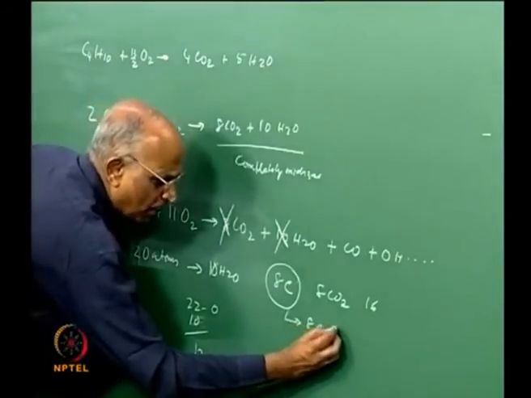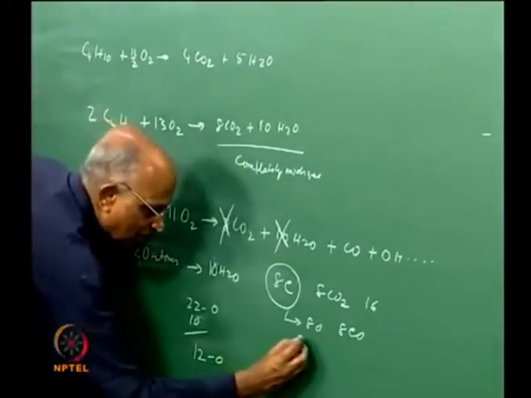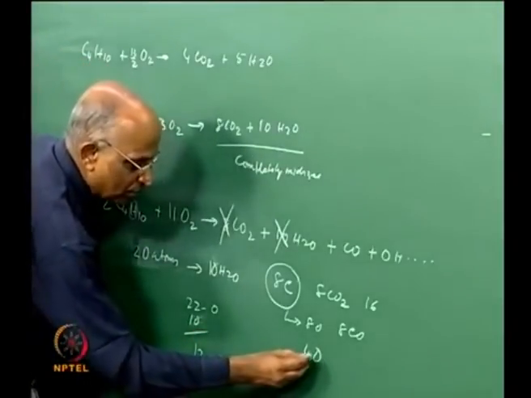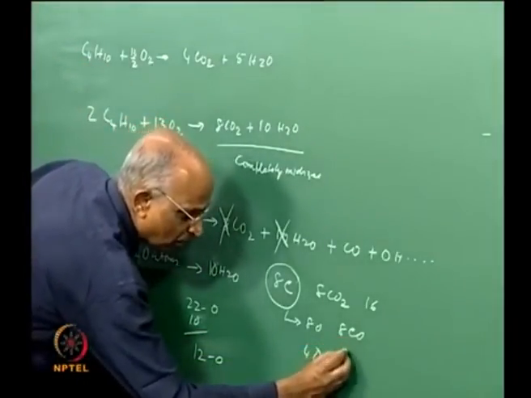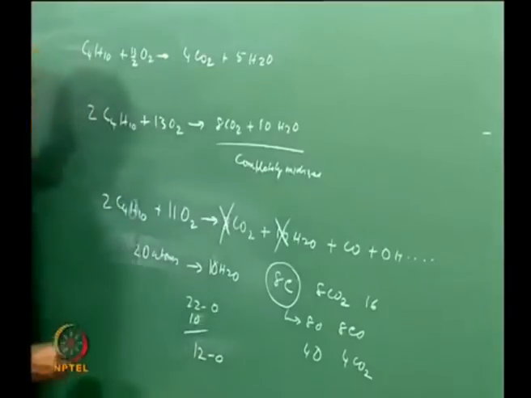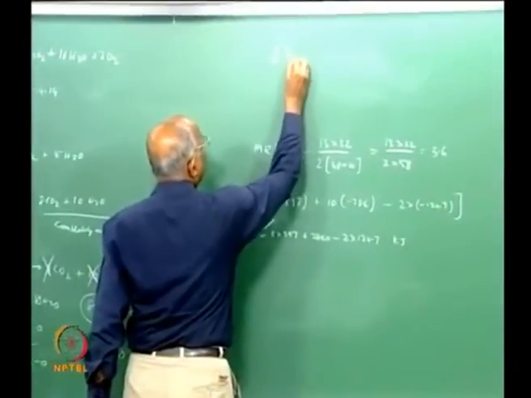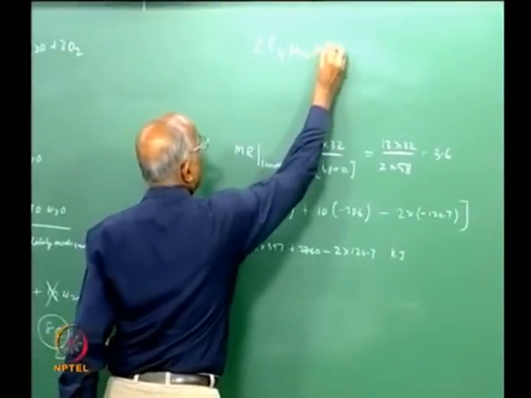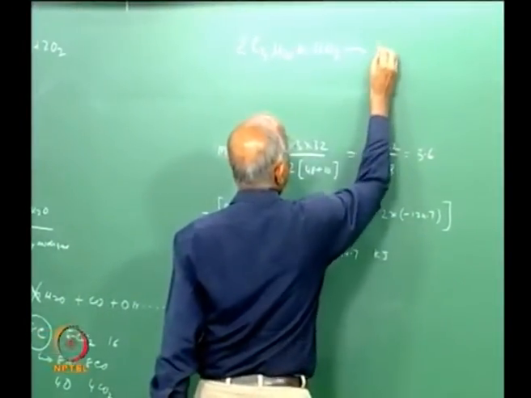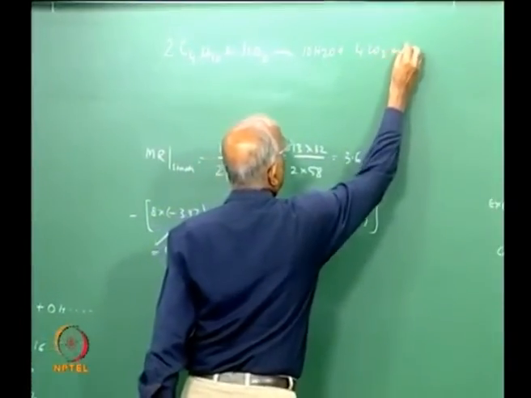Therefore what I do is, I have 8 of carbon, let me first use 8 of the oxygen to form 8 CO, and I am left with, out of 12, 4 of oxygen. I use these 4 of oxygen with 8 of CO: out of the 8, I remove 4 and form 4 of CO2. Therefore the reaction will now look like 2 C4H10 plus 11 O2 gives me first hydrogen, that means 10 H2O, plus 4 CO2 plus 4 CO.